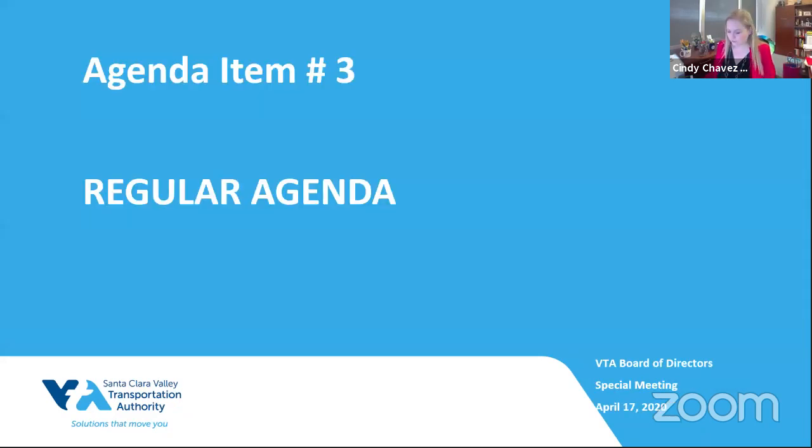With that, we're going to move to our regular agenda item, item number 3.1, an information item, where we're receiving an update on BART Silicon Valley Phase 2. Members of the public who wish to address the board can start to raise their hands now or press star 9 on the phone, and we will call you after the presentation. For my colleagues, we're going to hear the presentation, I'll see if there are public comments, and then I'll come to each of you as you raise your hands. I apologize, it doesn't show order of raised hands, so I will call you as I'm able to see them. All right, so Nuria?